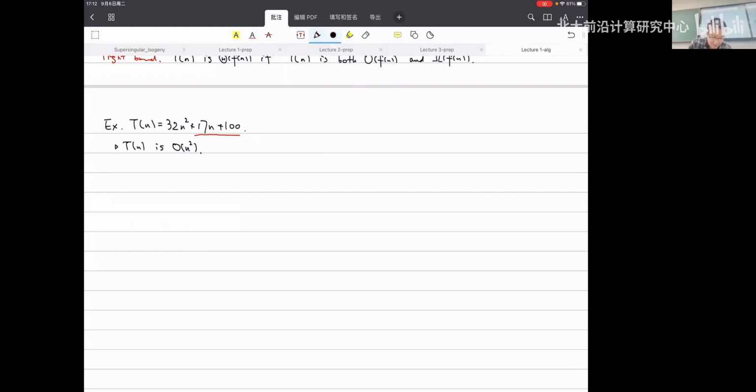So in general, maybe you want to consider this case where we have written that T(n) is O of n squared, but why is this the case? For instance, we can see T(n) is smaller than 50n squared. But this is true only when 50n squared is larger than 32n squared plus 17n plus 100. And maybe, for instance, 18n squared is larger than 17n plus 100. I guess this is going to be true as long as n is larger than 100. And actually this can be something much smaller than that.